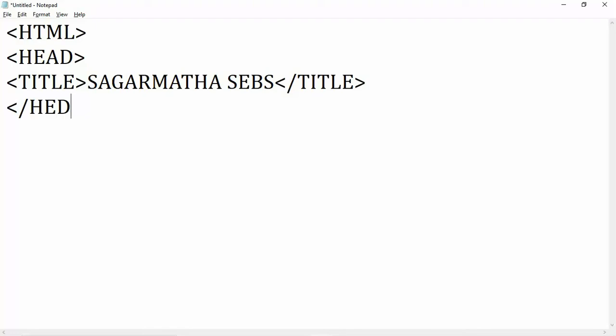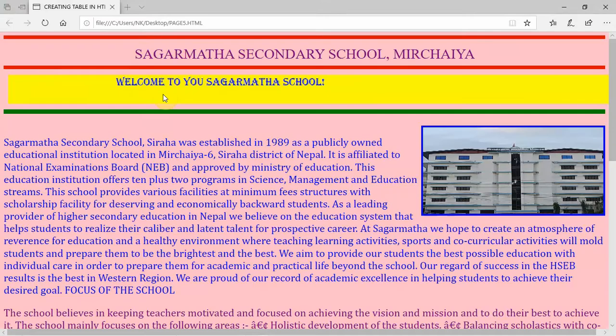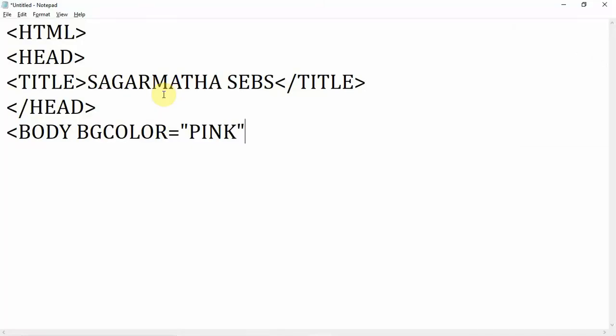Next, you have to close the head tag also. Then we have to start the body tag, and here you can define BGCOLOR. BGCOLOR equal to pink, because we are going to create the same page like this. So one by one you will understand how to create it, and close the angular bracket.